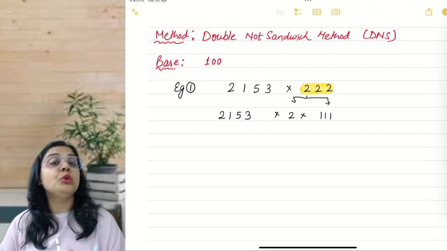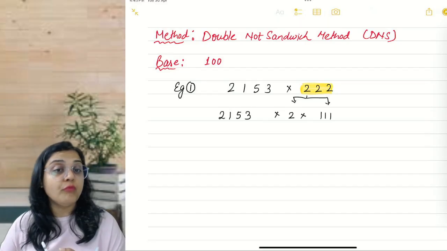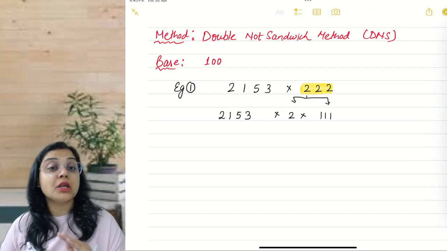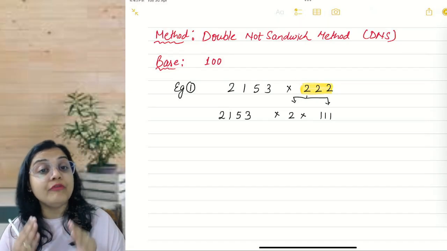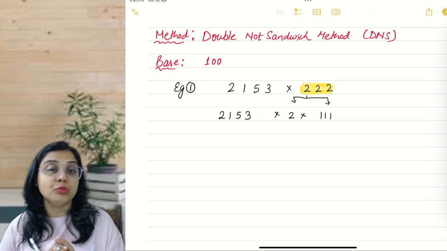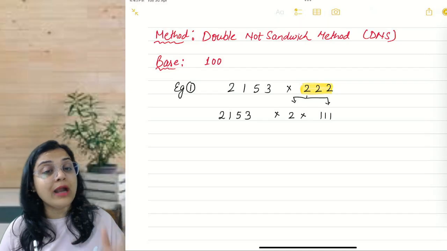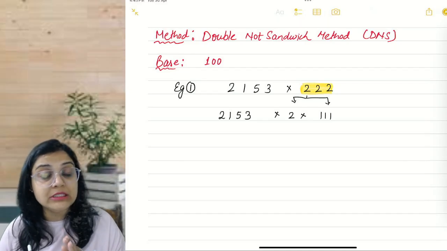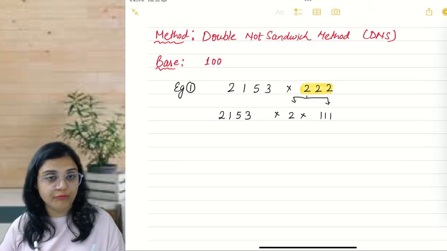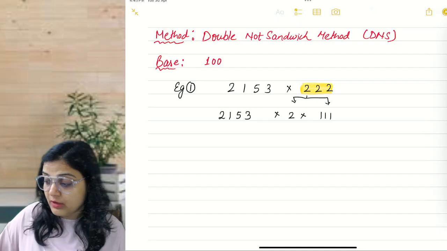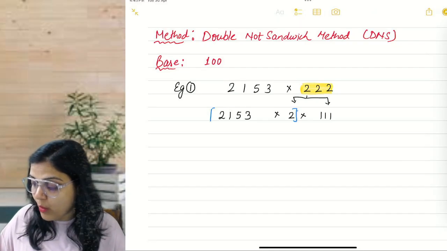If you remember, I told you that if we have 3 or more numbers, and we have the operation of multiplication in between, we can just rearrange their order. The answer will remain the same. The answer will not be affected by the order that we are using to multiply them. Alright, if you remember this, very good. If you do not remember, go back to lecture number 2. I have explained it in much detail. I have told you the name of this property as well. This is the associative property. So what I am going to do, I have removed this 2 from 222 and I am clubbing this 2 with 2153.